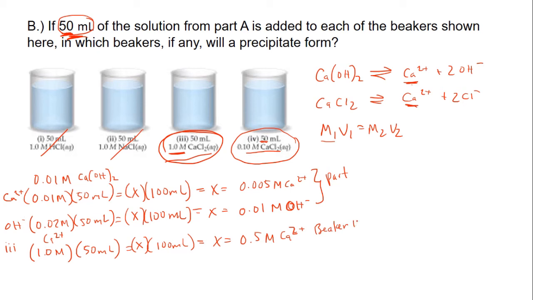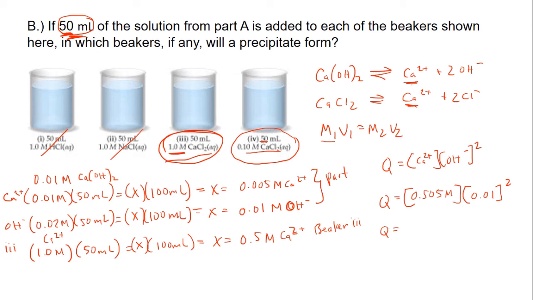So now we want to recalculate our value of Q, and Q still equals calcium 2+ times hydroxide squared. And now what's our value? What's our concentration of calcium? 0.5 molar from this beaker, 0.005 molar from here, so it would be 0.505 molar calcium. Our concentration of hydroxide is 0.01. And that's squared, so Q would equal